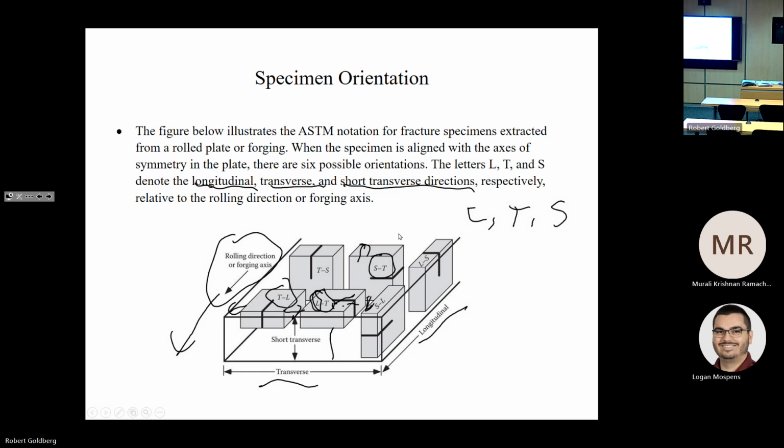For the T-S specimen, the crack is along the short transverse direction. So the second letter will be perpendicular to the first letter, and which letters you use, it all depends on how the specimen is oriented. And with all these 6 combinations,